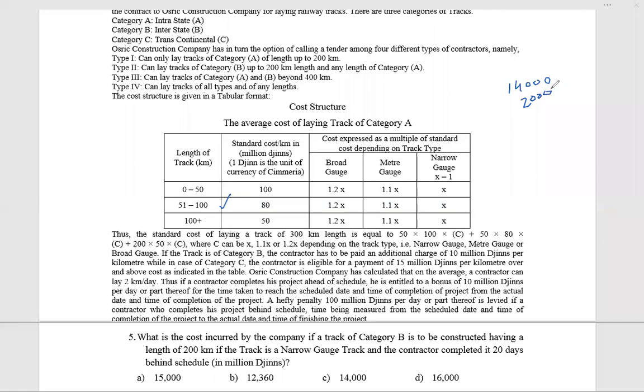But it is going 20 days behind the schedule. The person is late. So he has to pay every day 100 million. So that 2,000 will be nullified with the fine. 100 every day, 20 days behind. So effectively he'll get 14,000. Okay. Basically